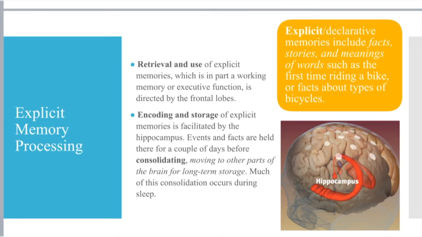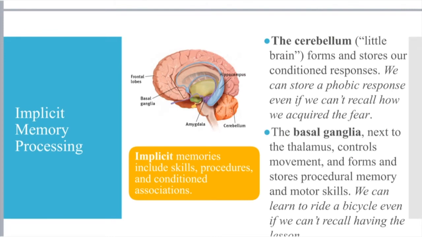But when we're talking about explicit memory, like studying for a test, right, learning new content information or learning a new skill, how to ride a bike, how to juggle, right? Those types of things are going to function through the hippocampus and then get stored, again, wherever long-term memories are stored, which we don't really know, right?